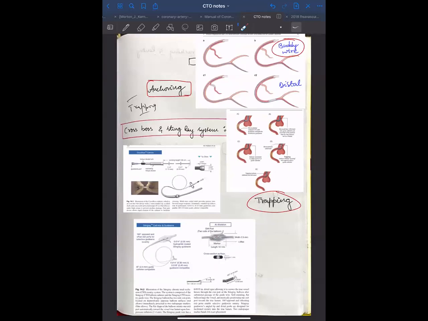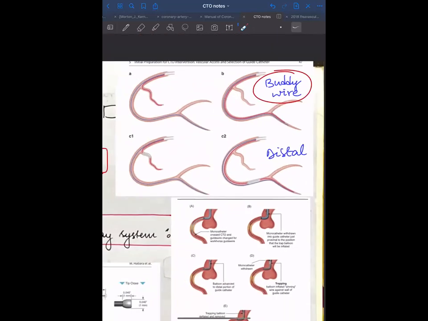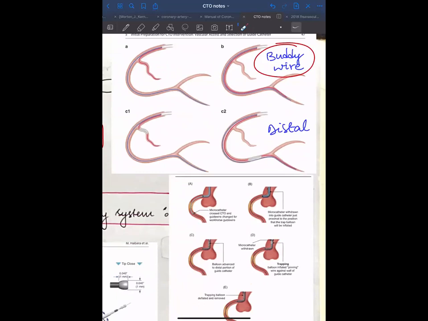So before we come to this kind of sophisticated equipment, we need to understand what techniques are routinely used when trying to cross. All of us know these techniques in trying to cannulate a difficult lesion in our angiograms. So either you can send a wire alongside the lesion all the way down as a buddy wire, so it will have a higher chance of crossing, or you can use a balloon anchor technique, or you can even use a distal anchoring of the balloon to give more access support to the guide wire.